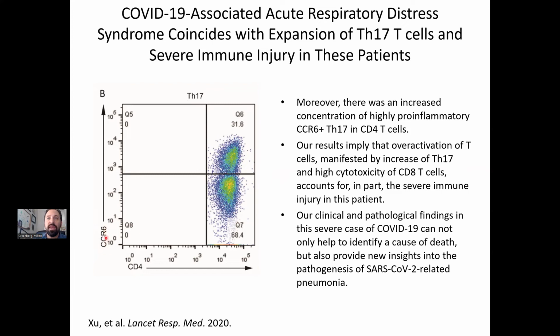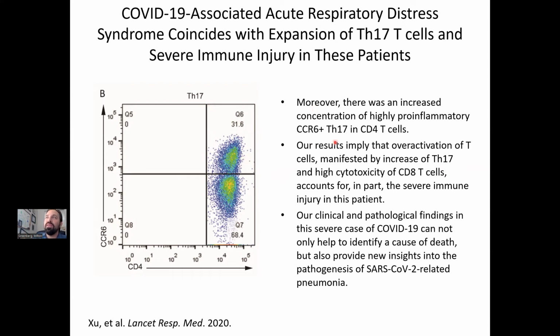Here in this patient, CCR7, so this is a chemokine receptor that's very important in activation of Th17 cells. So something characteristic of Th17 cells. You can see this patient had a lot of IL-17 producing Th17 cells. So these are some of the most inflammatory cells in the body. T cells are the most inflammatory cells in the body, but Th17 cells are even beyond that, the most inflammatory